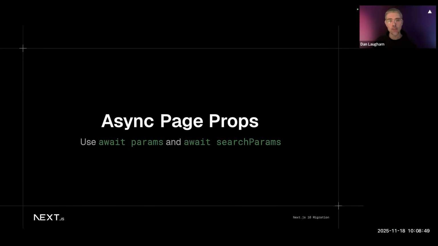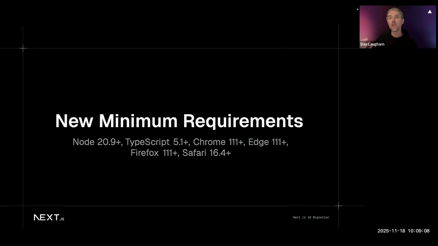Another big one, async page props. If you were using Next 15, the page props supported both synchronous and asynchronous actions. Going forward in Next 16, it is just going to be asynchronous. So you'll want to await params or await search params if you're using any of those values in an app router page component. And there are also new minimum requirements. We're up to Node 20.9, TypeScript 5.1, and a new minimum browser requirement for all the features that Next.js is